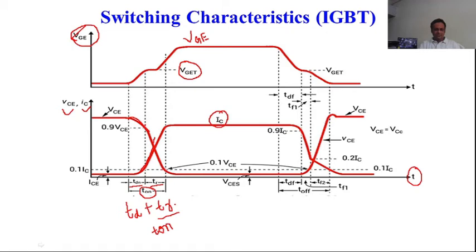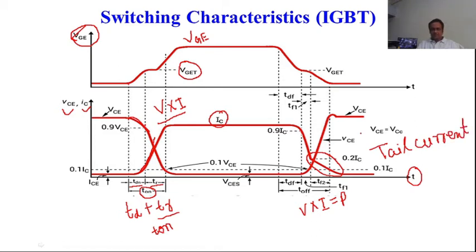So when we have the voltage and current for some duration, if you multiply this voltage and current, you will find the power loss during the turn on. Correspondingly you will also find V into I as a power loss during the turn off. The main thing is that in this plot, when it is going to turn off, you will find the tail current. This is the phenomenon of tail current.